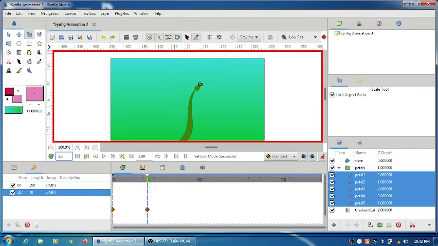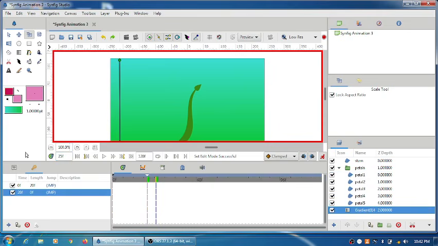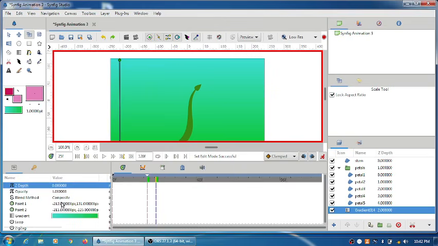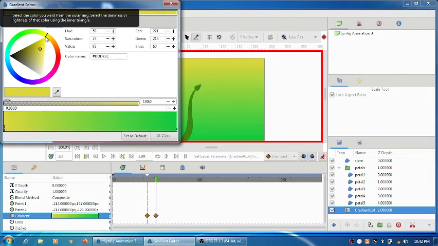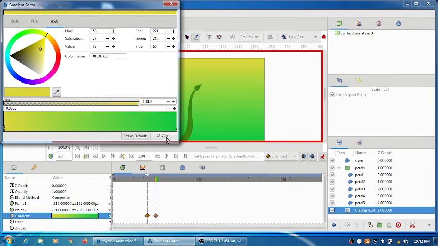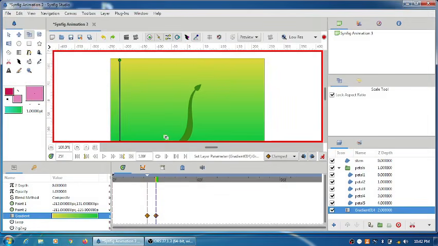Now instead of the blue color of the gradient, you can apply in the background, let's say a slight yellowish color, right? So like the sunlight, and again